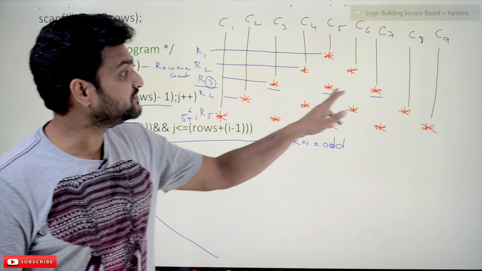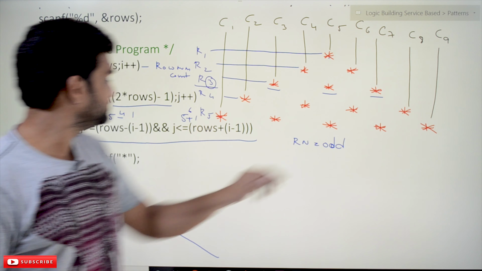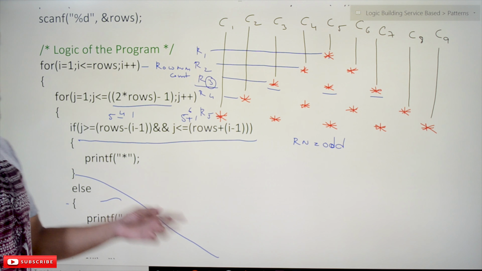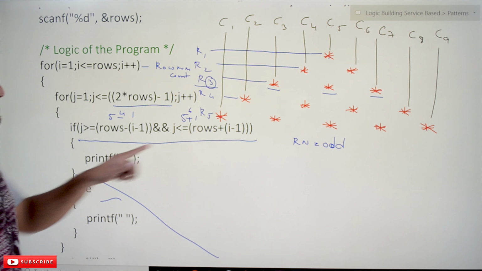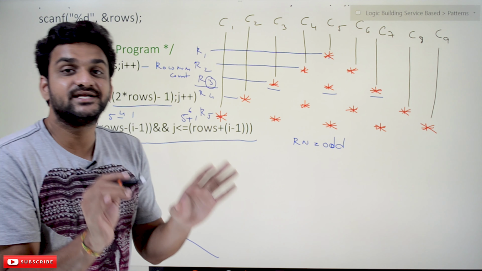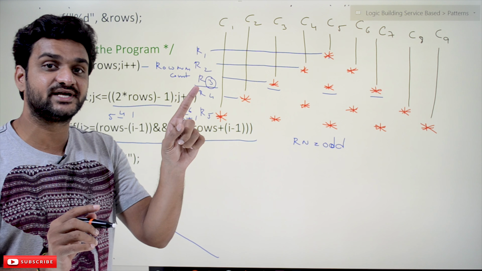So we are here, which means we are in this if condition. This value of j will be true, so then only we will be here. That is the reason why we have to implement the new if conditions here. So let's try to understand the logic.